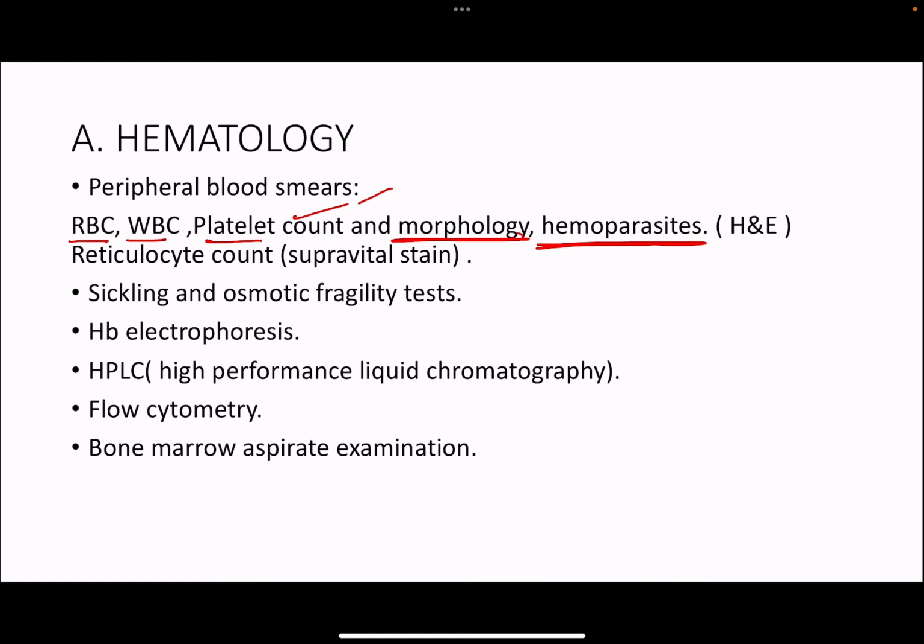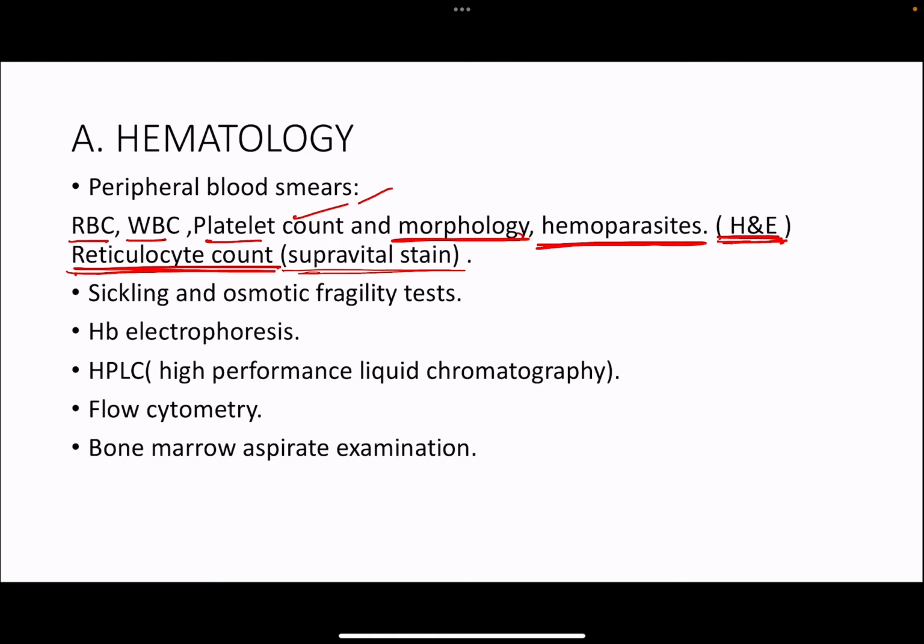And also a few samples are requested for reticulocyte count using the supravital stain. The routine peripheral blood smears for RBC, WBC, platelet count, and morphology, the staining is done using hematoxylin and eosin stain, that is the H&E stain. In all hematology labs, we have hematology analyzers that give us the count and the percentage, the differential count